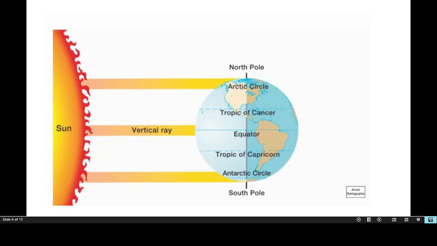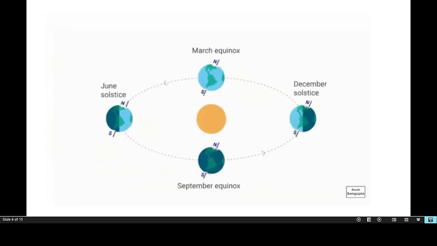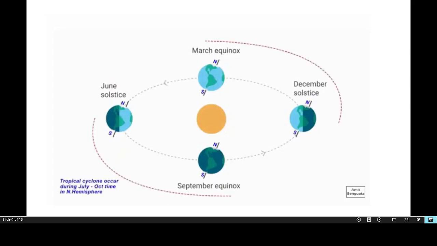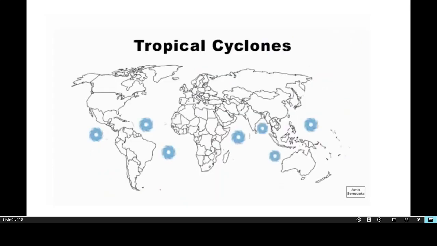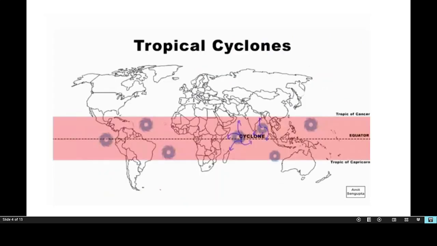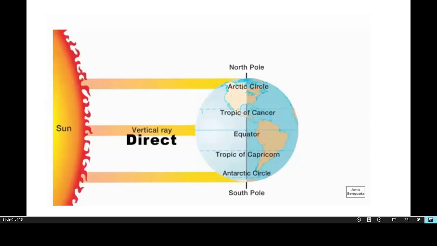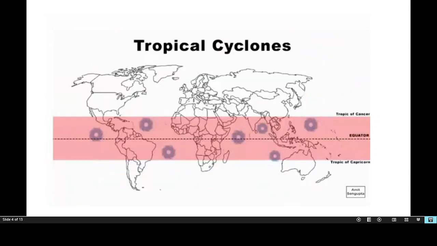Tropical cyclones occur at the time of maximum solar radiation during the summer and autumn season, that is around July to October time in the northern hemisphere and December to March time in the southern hemisphere. With this, I hope you have now understood the complete anatomy of a tropical cyclone. If you still find it a little confusing, I recommend